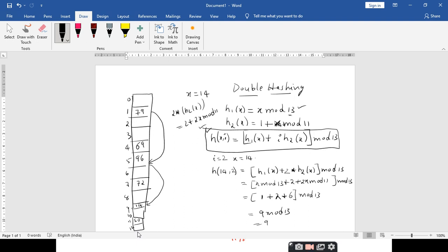So this is how you are going to use the double hashing mechanism. Is it clear? So in the double hashing mechanism you are going to use 2 hash functions, and you are defining the hash function with those 2 hash functions. You can make use of any operation, right? x mod 10, x mod 13, x mod 11, 5 plus x mod 11, anything is okay. So this is how we are going to formulate the double hashing. Is it clear? Yes, sir.